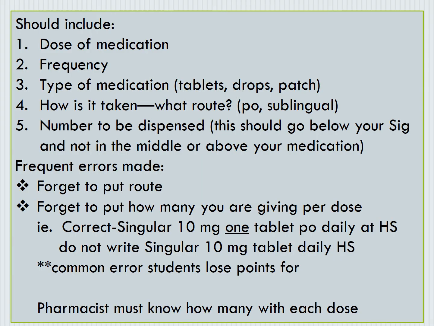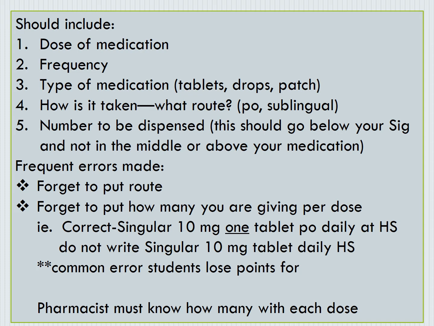Your prescription should include the dose of the medication, the frequency of the medication, and the type of the medication. So are you giving a tablet? Are you giving drops? Are you giving patches? And how is it being taken? What route are you going to be giving it? Are you giving it PO? Are you giving it sublingual? Are you giving it in the eye? And then the number to be dispensed. This should go below your directions to the patient, or the SIG,